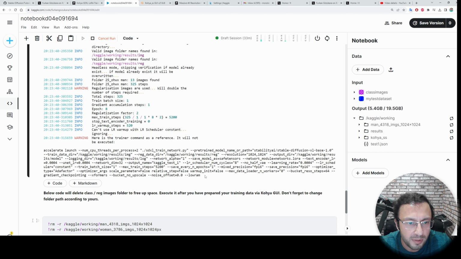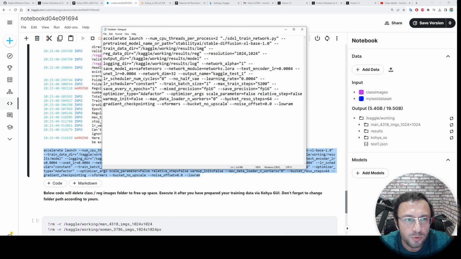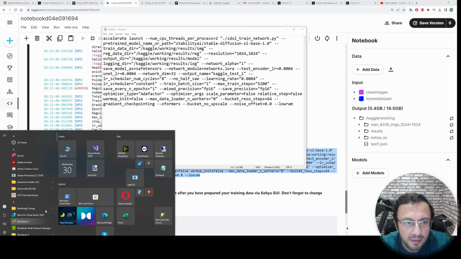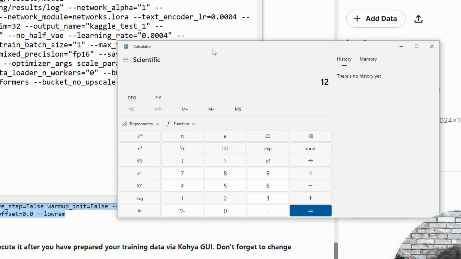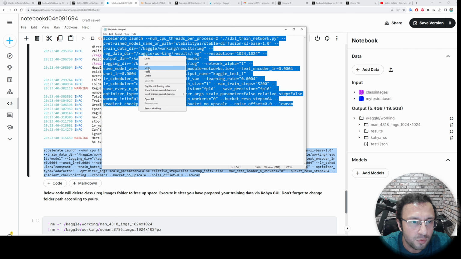And let's get the command one more time. So select this, Ctrl C and copy it. Open a new notepad file, paste it, and check out the command that you are seeing. This is my command at the moment. I am verifying everything. It is going to do 5200 steps. Why? Let me calculate it for you quickly. So I have 13 images. I am doing 25 repetitions at every epoch. I am going to train up to 8 epochs. And I have classification regularization images, so it doubles the number of steps. So I have 5200 steps. Everything is looking correct. So I have copied this.